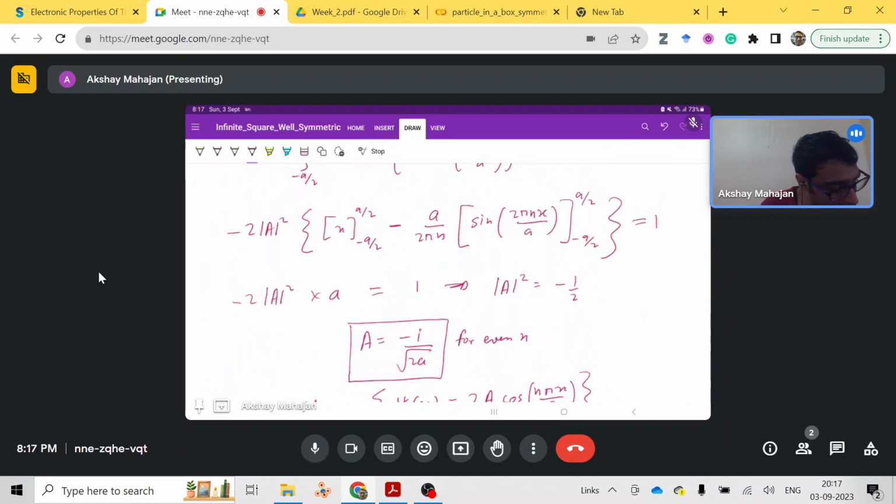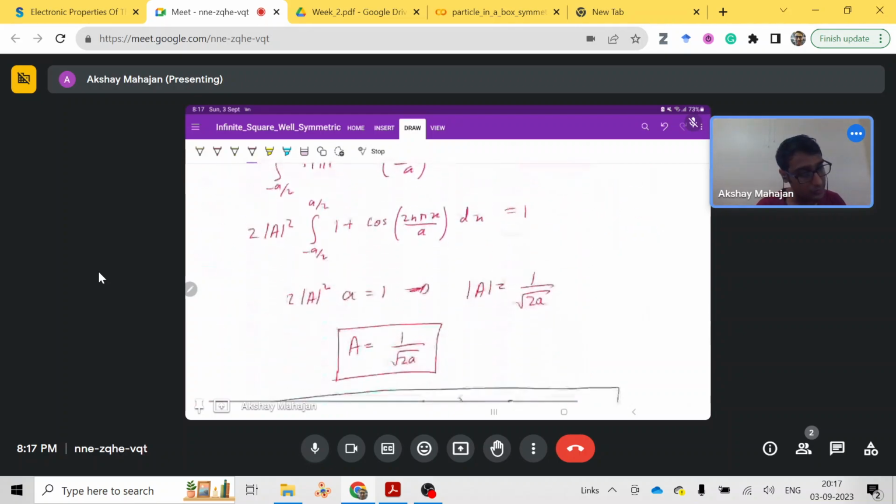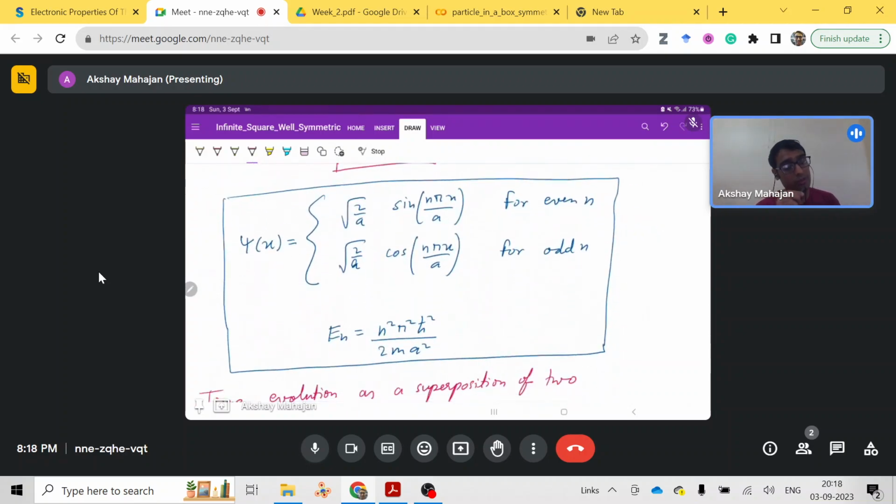Okay, let me just use minus 1. It is minus 1 by 2a. Alright, so from there we will get our psi. So using the normalization condition, we will get our psi x, and considering the a, which gives us the real